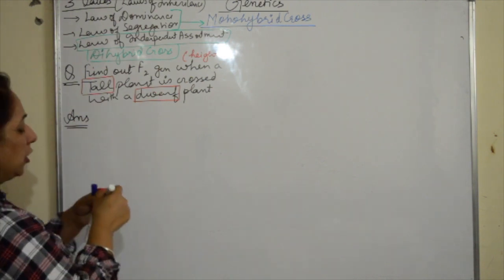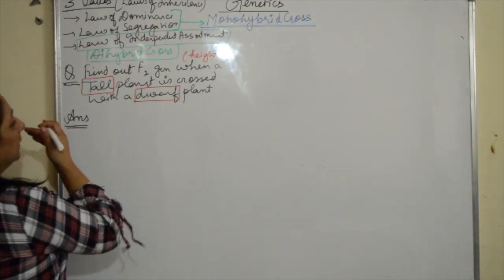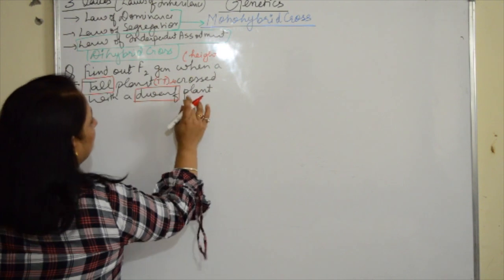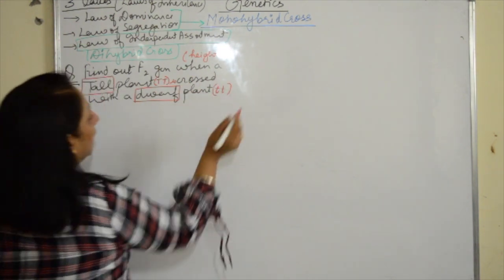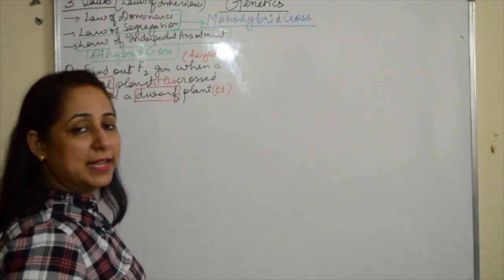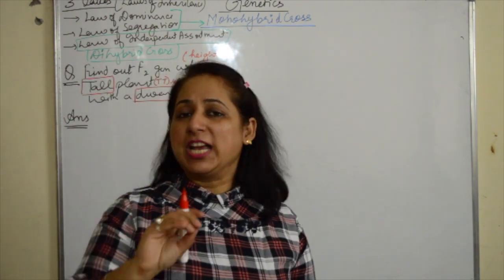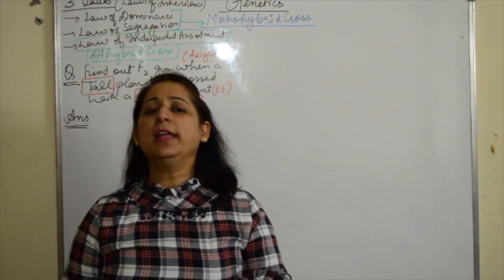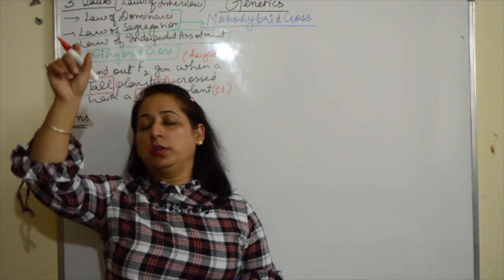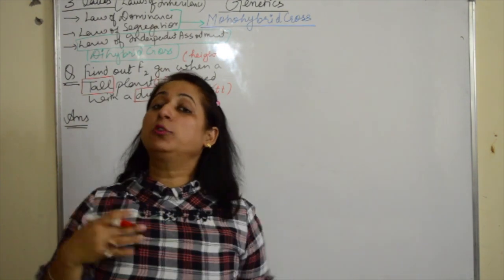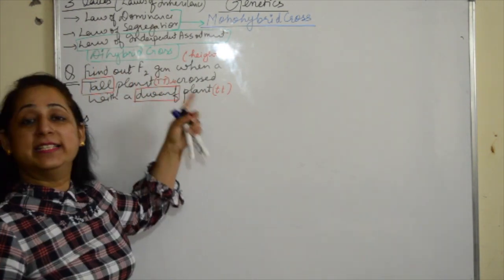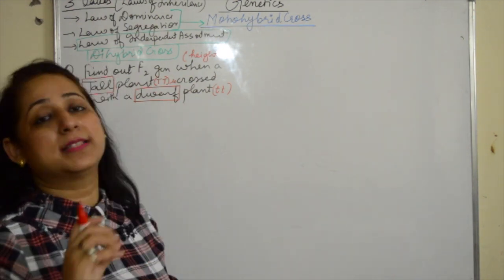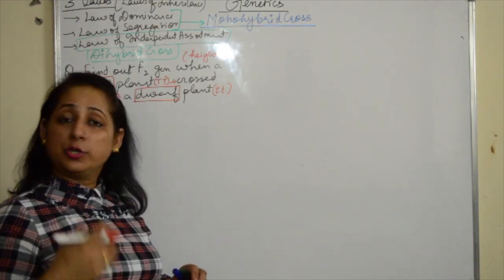Answer. Now in your paper, it will be written that a tall plant, and in bracket it will be written capital T, and a dwarf plant, in bracket small t. But for your knowledge, you have a table in your book which has dominant and recessive traits given by Mendel. Like for example tallness, if you look in that table, it's given height, tall, dominant, short or dwarf, recessive. So you have to learn that table because sometimes it's not given in ICSE. So you have to yourself find out which characteristic trait is dominant and which is recessive according to Mendel's chart. So it should be on your tips.